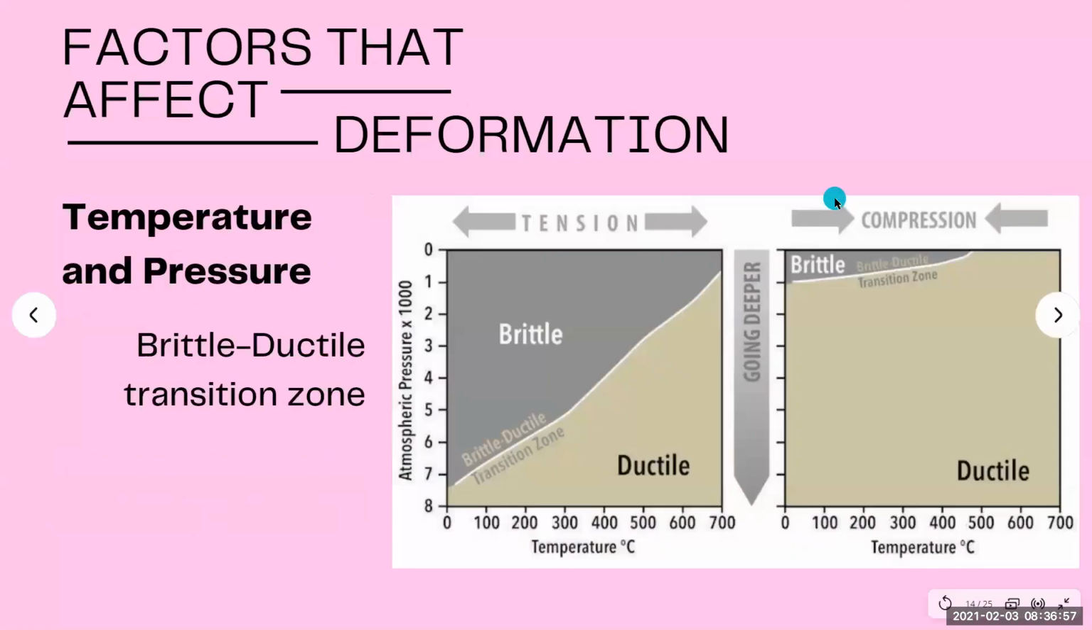Okay, so another factor na i-consider natin and actually a big factor is temperature and pressure. Okay? So usually pag titingnan natin dito sa graph, may tinatawag tayong brittle ductile transition zone. Kasi